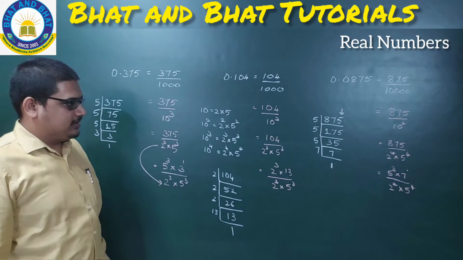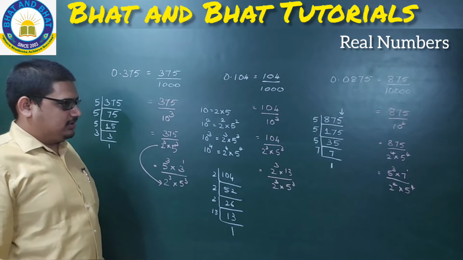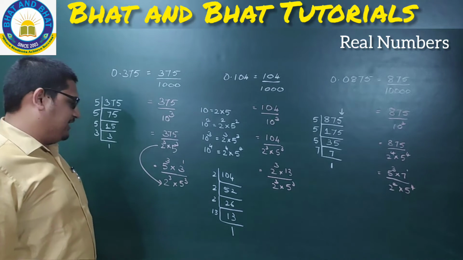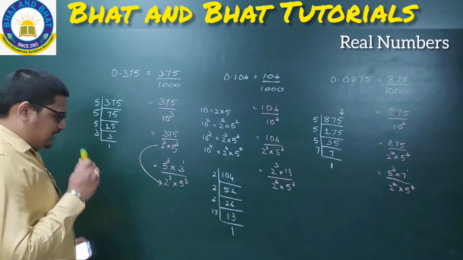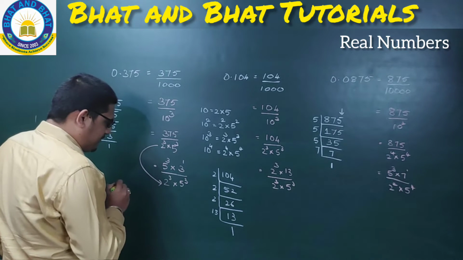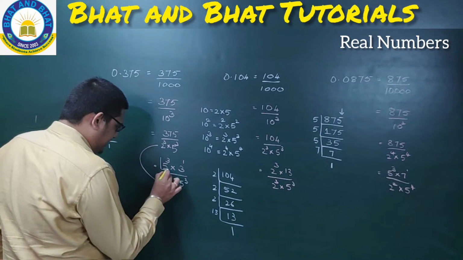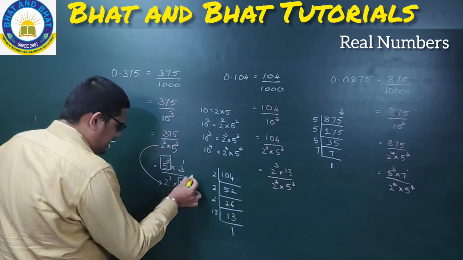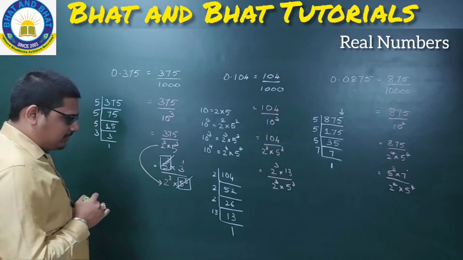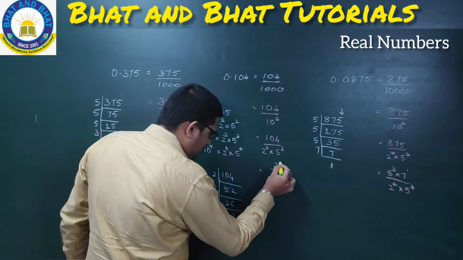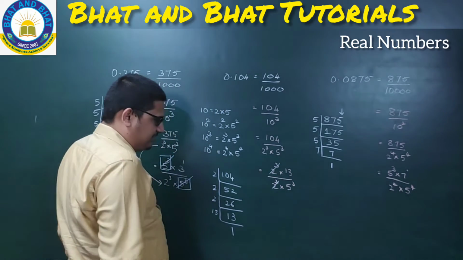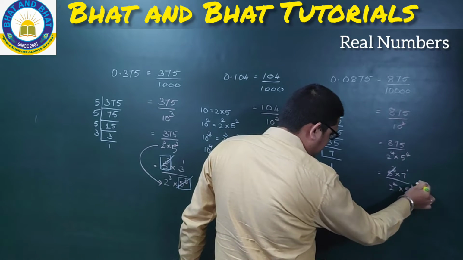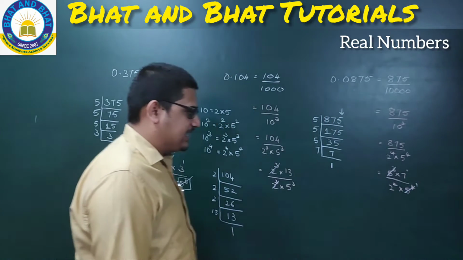Yes, I hope this is very clear with you. It's a simple mathematical reduction. Now let us observe the common factors. See, here in this example, in the numerator and denominator, this factor is common, therefore I can cancel it out. Similarly, if you observe here, 2 power 3 and 2 power 3 get cancelled, and here 5 to the power 3 and 5 to the power 3, leaving 5 to the power 1 as it is.